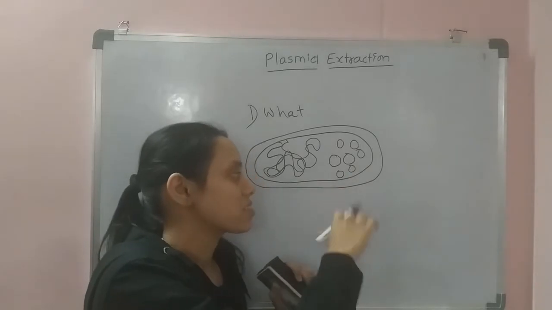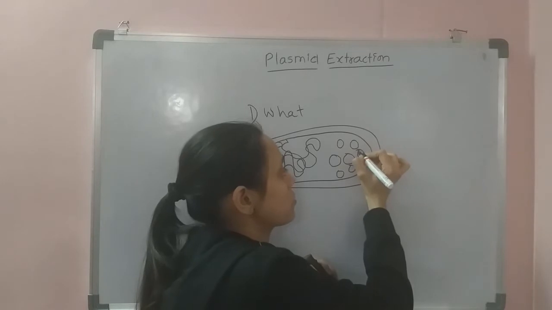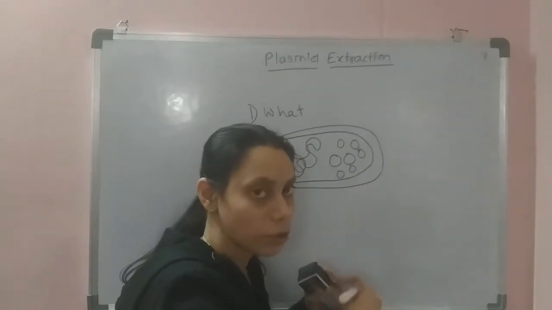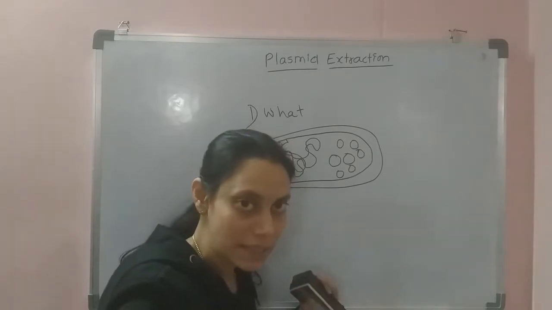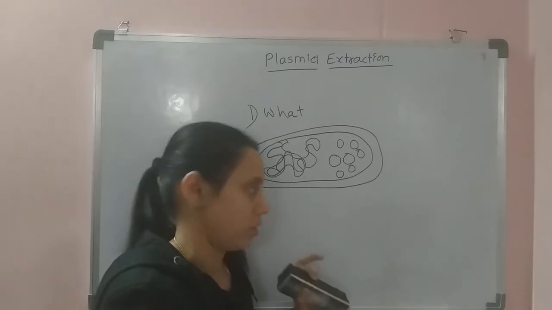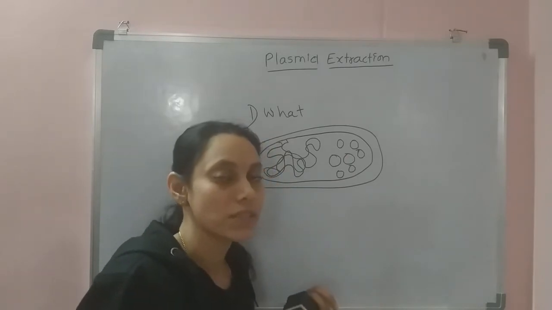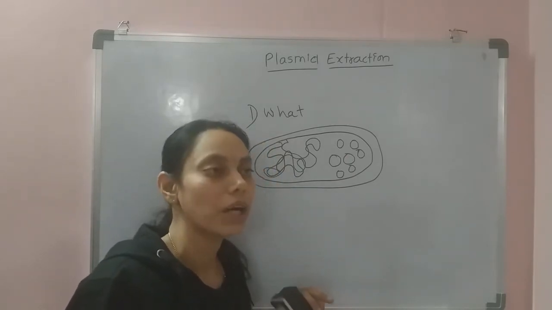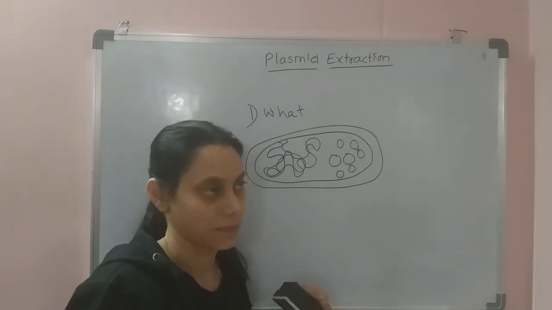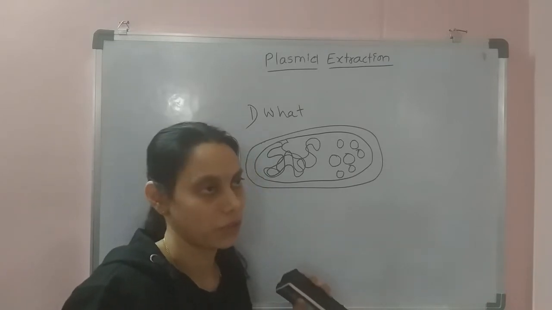So these extra chromosomal parts of the DNA are known as plasmids. These are the extra chromosomal DNAs present in the cytoplasm which have independent existence. They do not depend on the genomic DNA. So that is what a plasmid is. Generally these plasmids are found in bacteria, but we can rarely find them in some plants and yeasts.